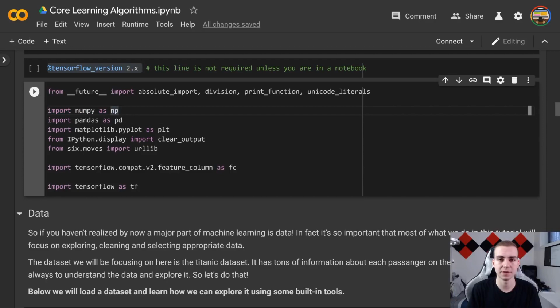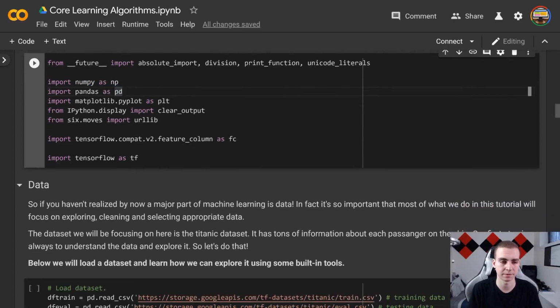NumPy is essentially a very optimized version of arrays in Python. What this allows us to do is lots of multi-dimensional calculations. So if you have a multi-dimensional array, which we've talked about before, when we had those crazy shapes like 5, 5, 5, 5, NumPy allows us to represent data in that form and then very quickly manipulate and perform operations on it. So we can do things like cross product, dot product, matrix addition, matrix subtraction, element-wise addition, subtraction, vector operations. That's what this does for us. It's pretty complex, but we're going to be using it a fair amount.